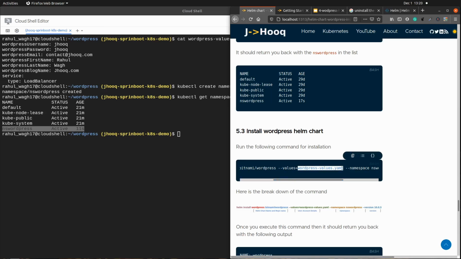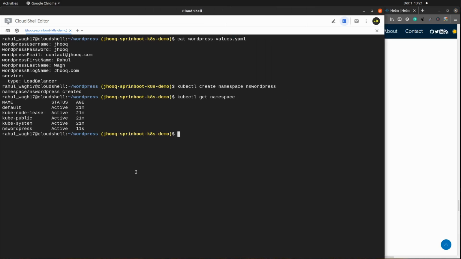Now you remember I have created this values.yml, so I'm supplying this values.yml during my installation command. Then third, that is the namespace ns-wordpress. This namespace I have just created, so this installation will be performed inside the ns-wordpress namespace. And finally the version. The version I am using is 10.0.3, and you can use any version which is available, or any latest version. I'll copy this command and paste it over here,